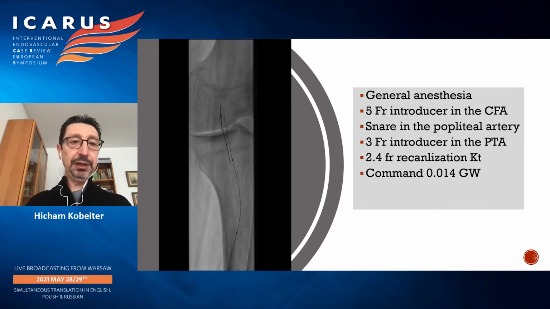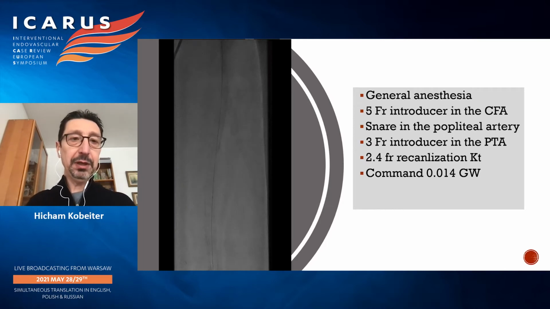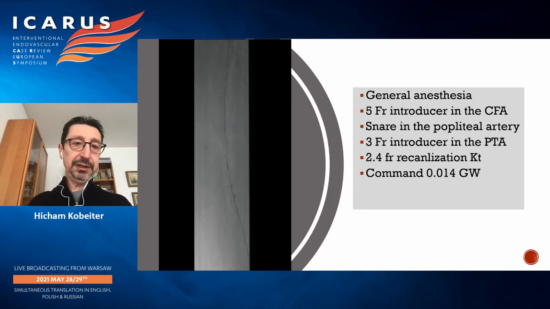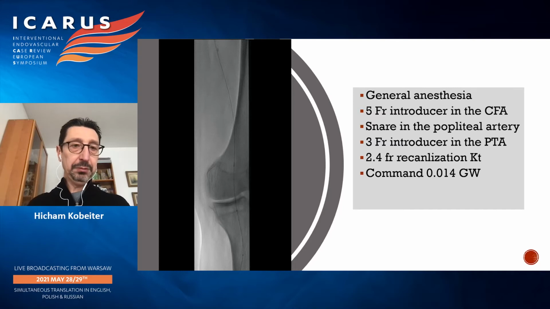We pushed the guide wire, which was snared by a snare coming from above, from the introducer in the common femoral artery. And here we have a through-and-through guide wire going from the common femoral artery to the tibial artery. We pushed a 3 millimeter diameter balloon and ballooned the occlusion of this posterior tibial artery, and we can follow the balloon going down,